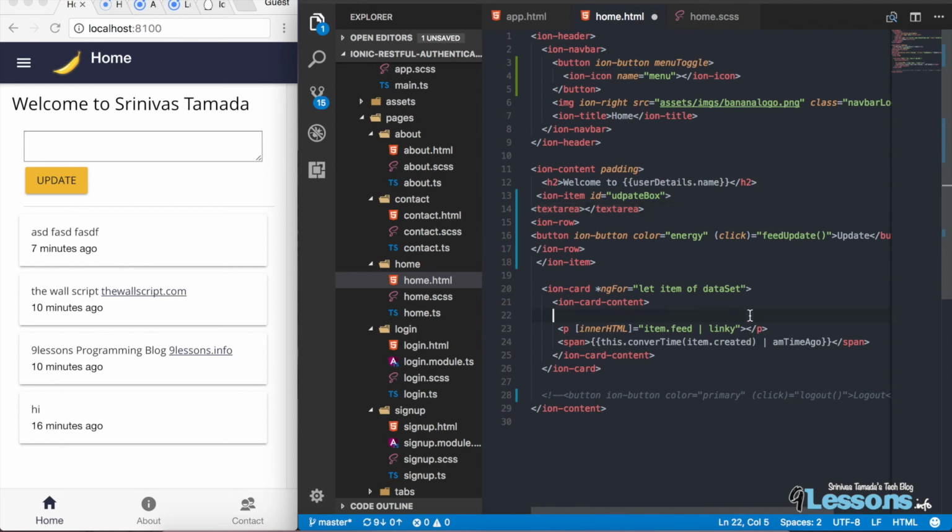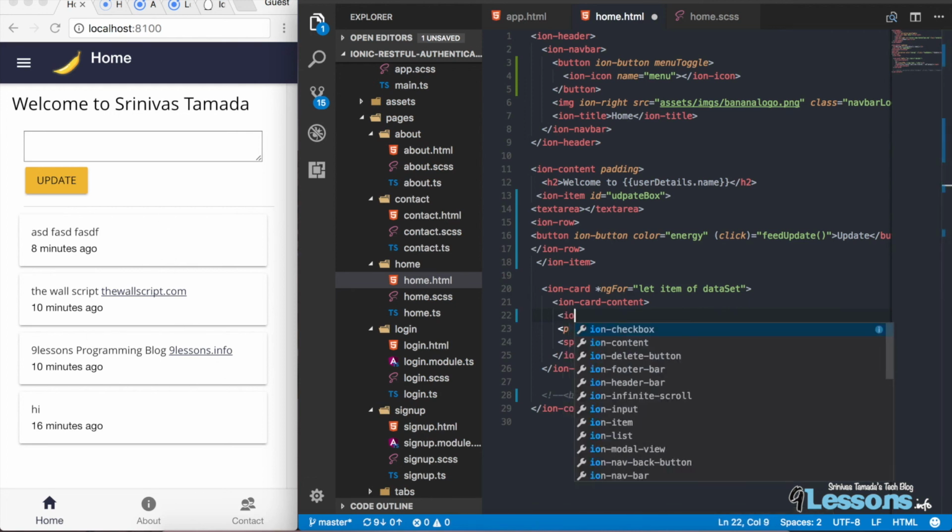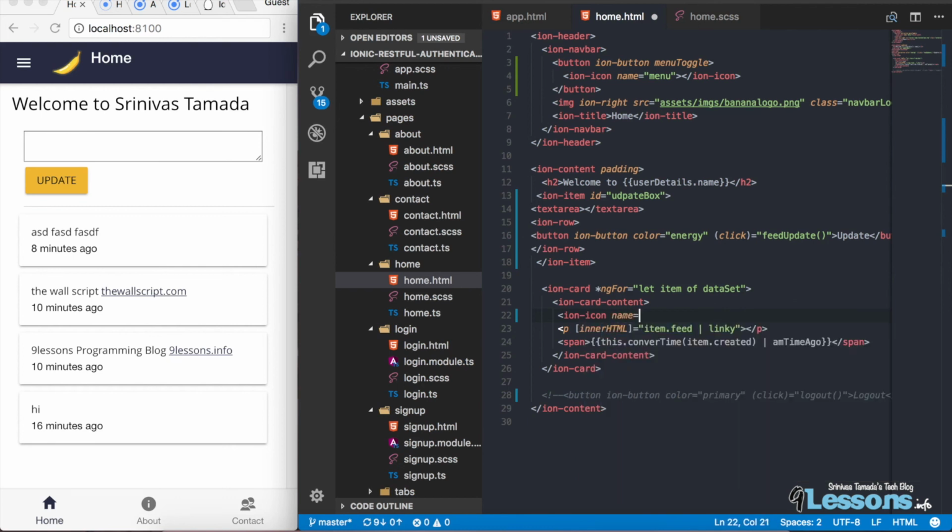So, I'm going to introduce an icon here, like a delete icon, because right now we are not displaying any icon. So the icon name is trash, yeah, and let's write the click action, like click and feed delete, and here we need an item, I mean this is item, and